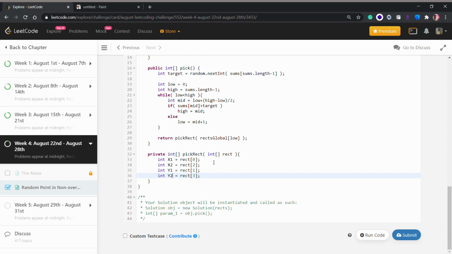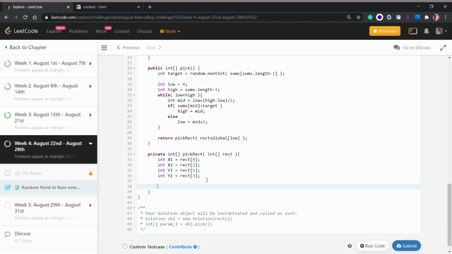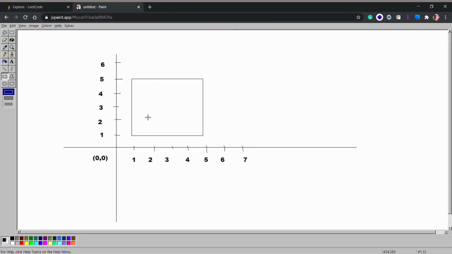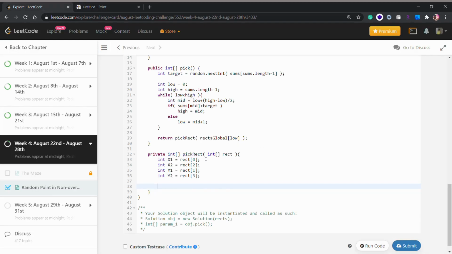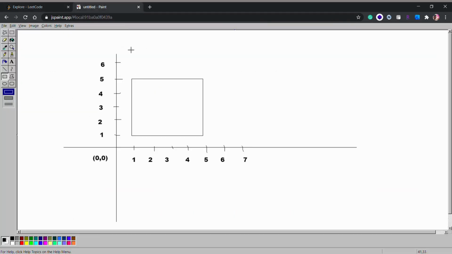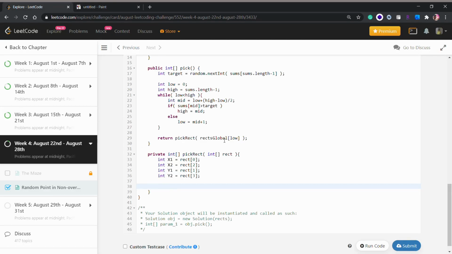Okay, so now we have all our coordinates. For example, we got the coordinates x1 y1 and x2 y2 of this coordinate, I mean 1 1 and 5 5. So we have to pick a random number between 1 and 5 for our x coordinate, and also a random number between 1 and 5 for our y coordinate.